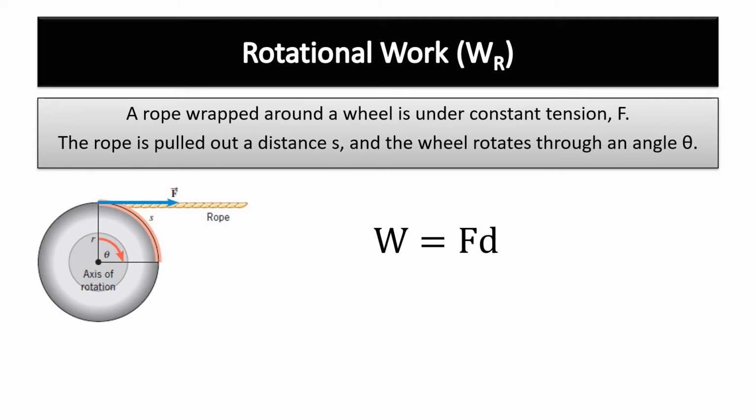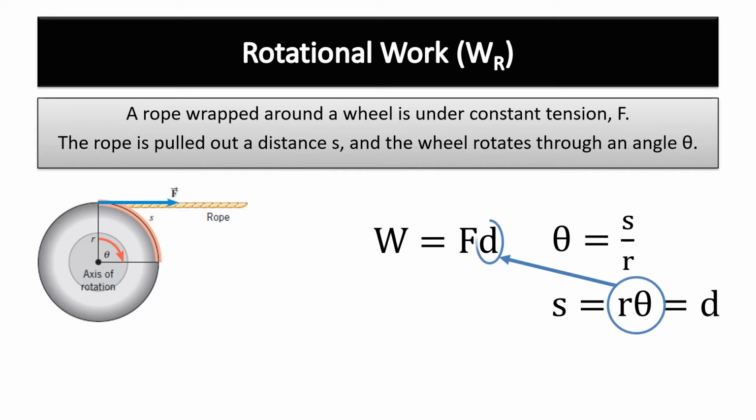So we know that work is equal to force times displacement. And the arc length formula tells us that the arc length is equal to r times the angular displacement, which we can plug in for d. So now we have an equation that says that work is equal to Fr theta,